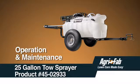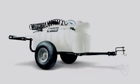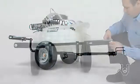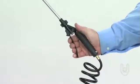This segment will show you how to operate and maintain your sprayer. Here are some tips about using your sprayer before you begin. First, you should test the boom and spray gun with plain water to make sure it is working properly before